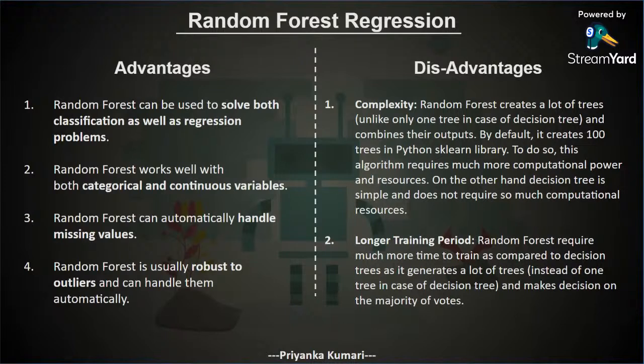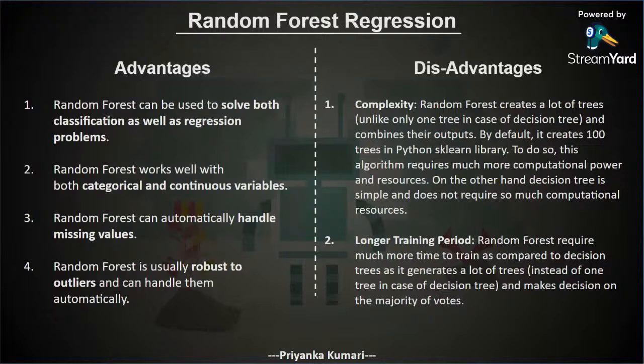So this algorithm requires more computational power and resources. So this is the disadvantage, that it has a very high complexity. On the other hand, the decision tree uses only one tree, while random forest uses a combination of trees, so automatically the complexity will increase,